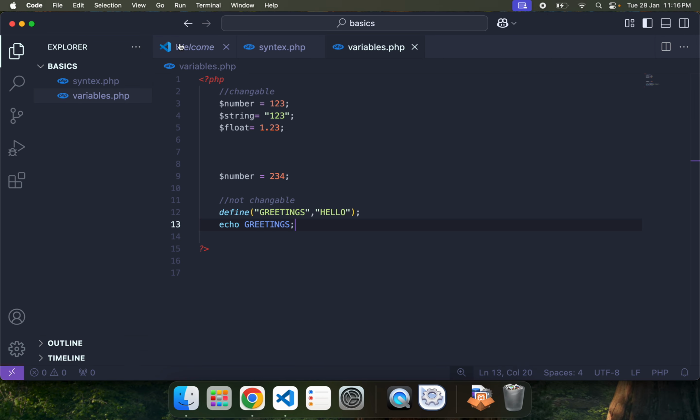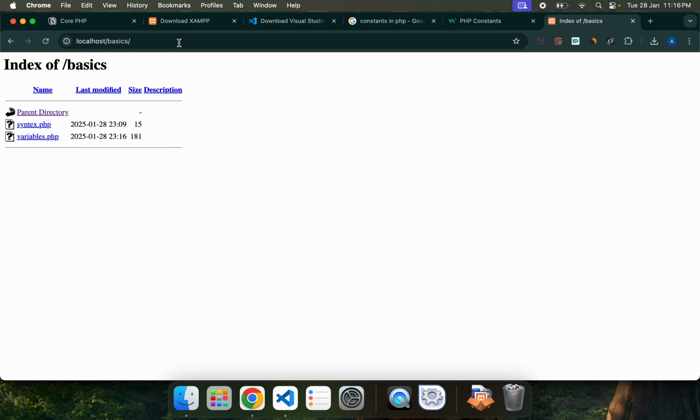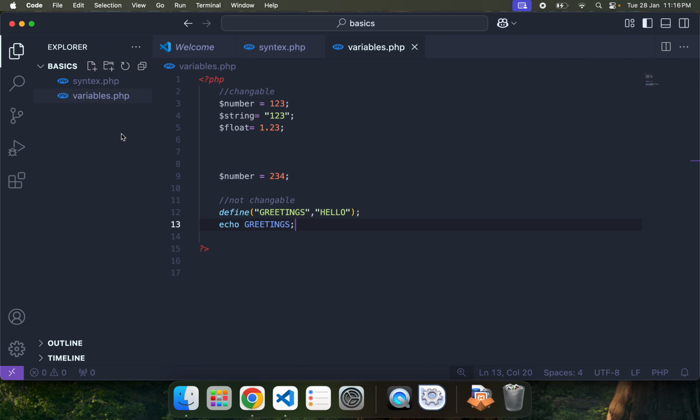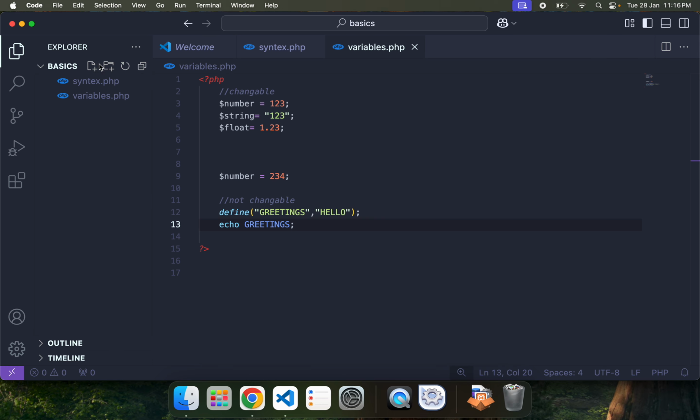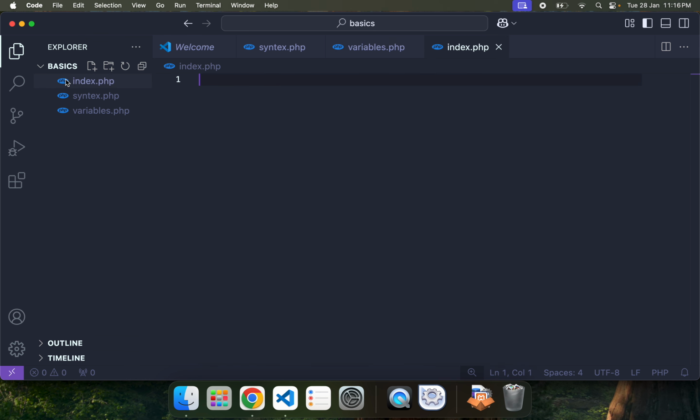Our folder is basics, and here we have all the files. Every time you're in your directory, the Apache or Nginx web server will first look for an index.html file, and then it will look for index.php. So I am writing